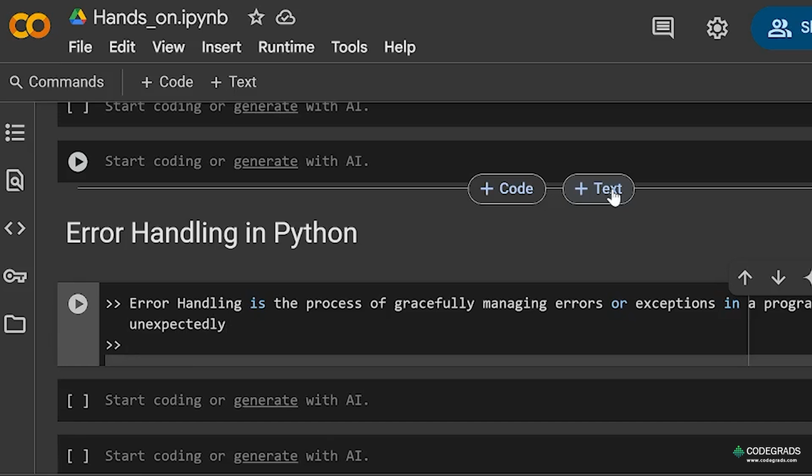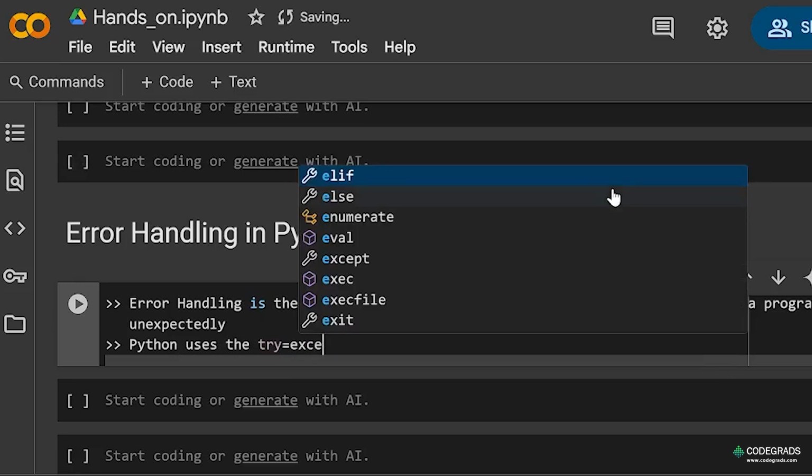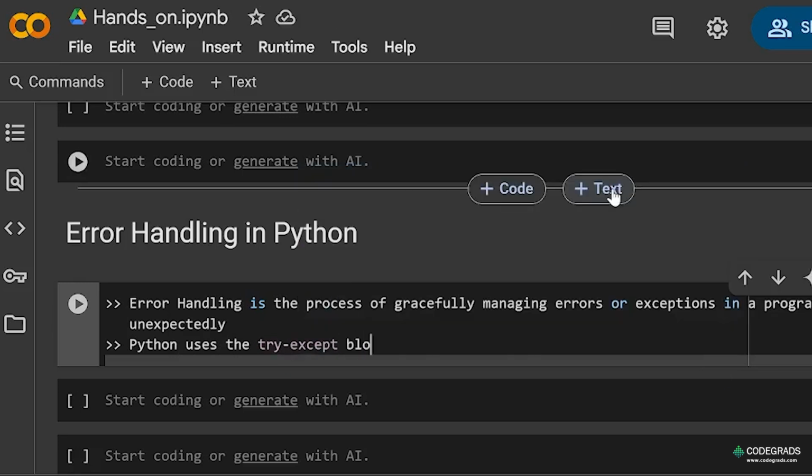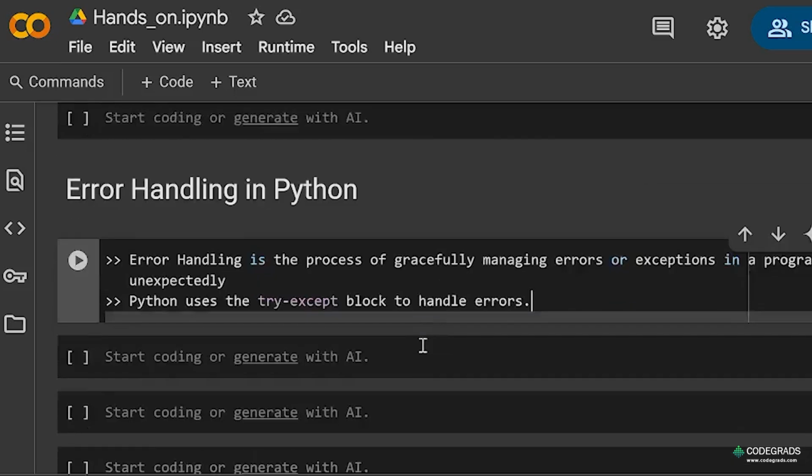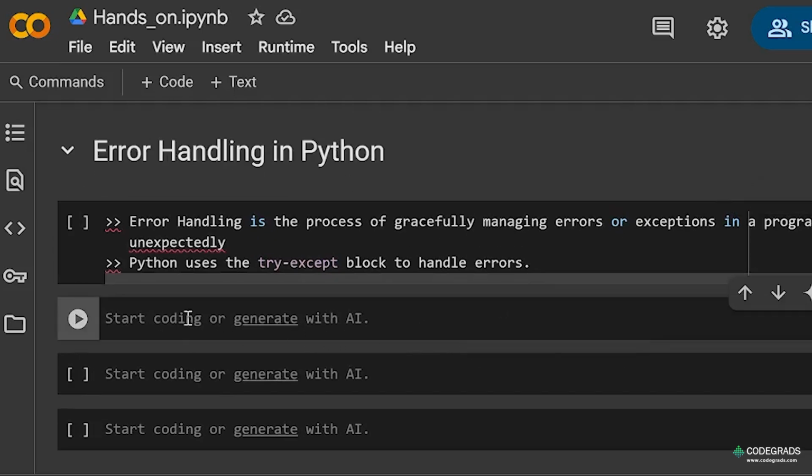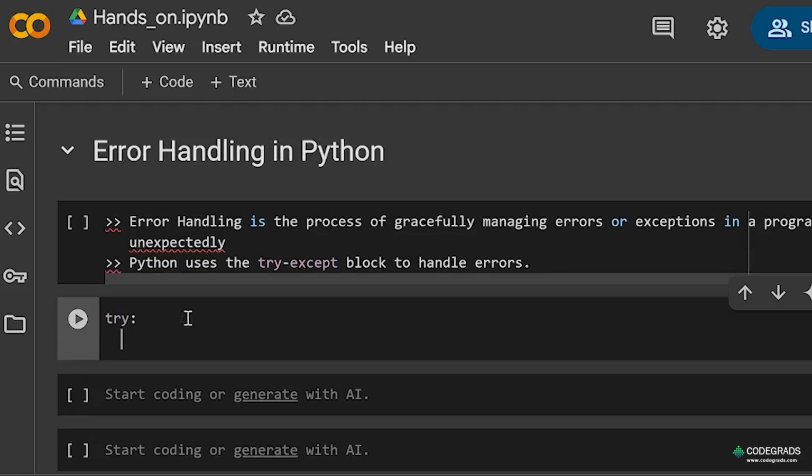Now Python uses the try except block to handle errors. Now for the syntax for error handling, we'll see that first of all we have try, then we'll have